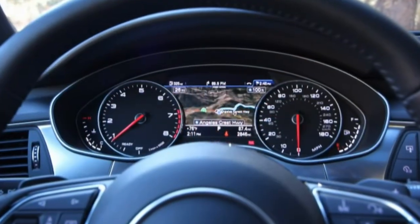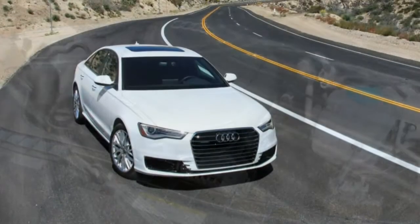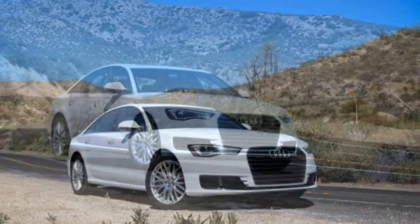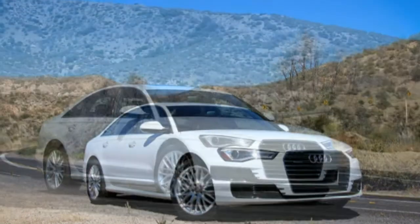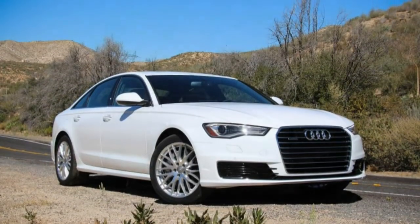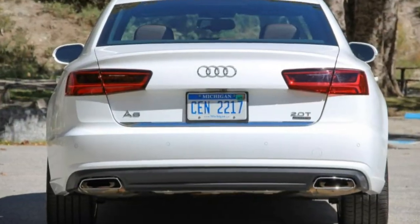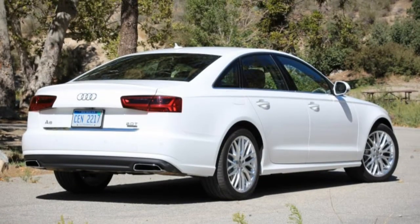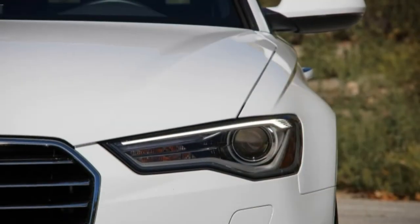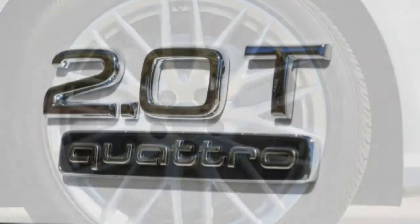Our 2.0T trails significantly in handling and braking compared with the 3.0T, mustering an unimpressive 0.83 g of lateral grip and a 175-foot 70-to-0 braking figure versus the 3.0T's 0.92 g and 156 feet. Chalk up some of the disparity to our 3.0T test car's 20-inch wheels and low-profile performance tires. By our seat of the pants, however, the 2.0T felt entirely composed and firmly planted during a